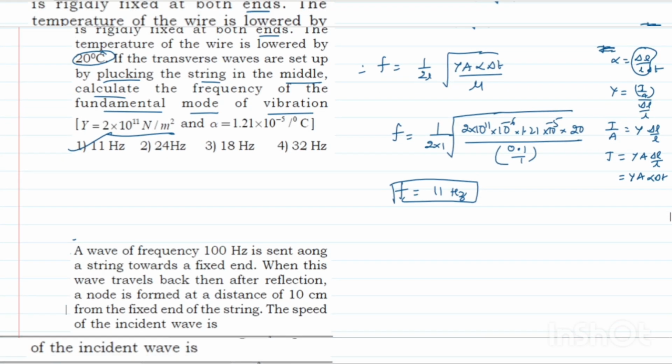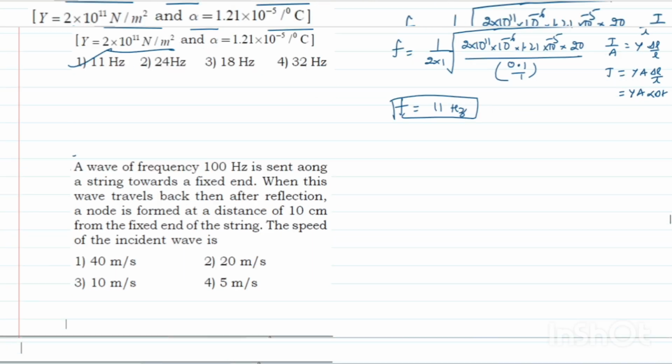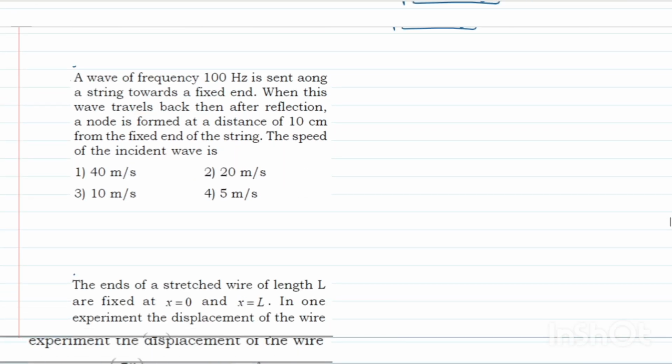Let us see the next question. The next question says: a wave of frequency 100 Hz is sent along the string towards a fixed end, and here one fixed end is given, students. Here a wave you are going to be sending like this, and the frequency is given as 100 Hz along the string towards a fixed end. When this wave travels back, then after reflection a node is formed at a distance of